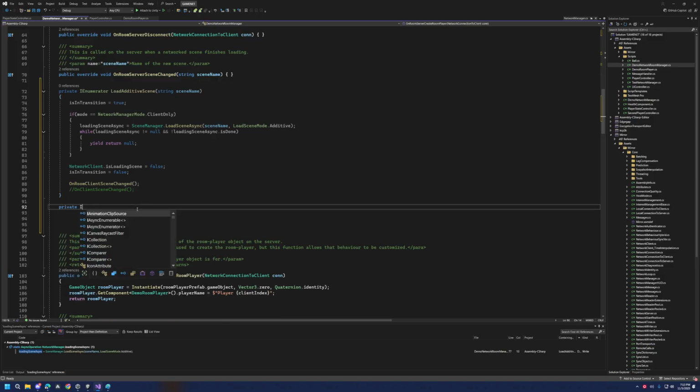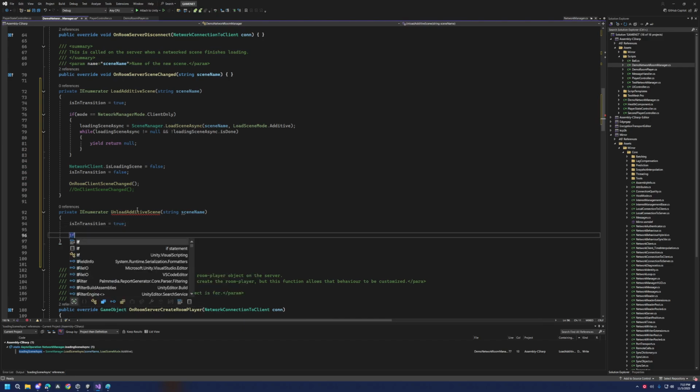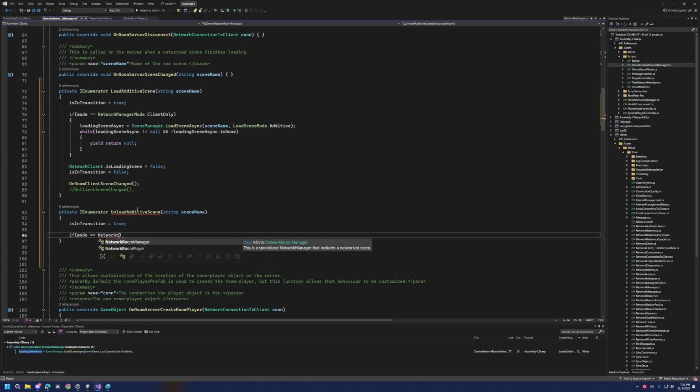Then we also have an IEnumerator UnloadAdditiveScene(string sceneName). For this, isInTransition is equal to true, and then if mode is equal to NetworkManagerMode.ClientOnly,